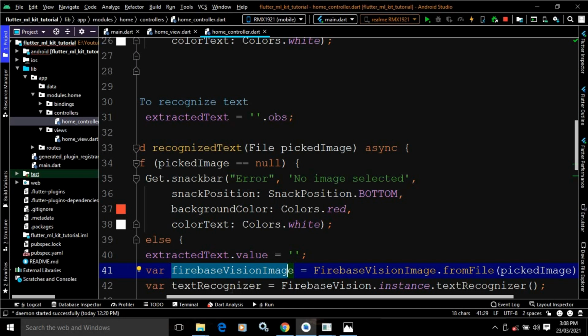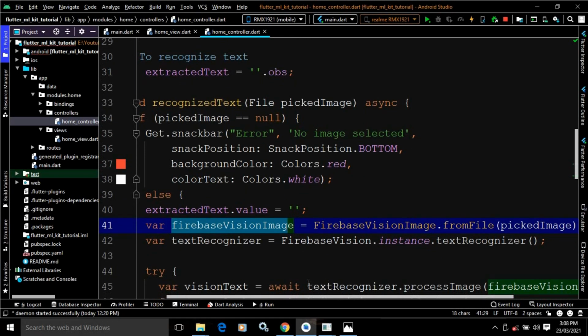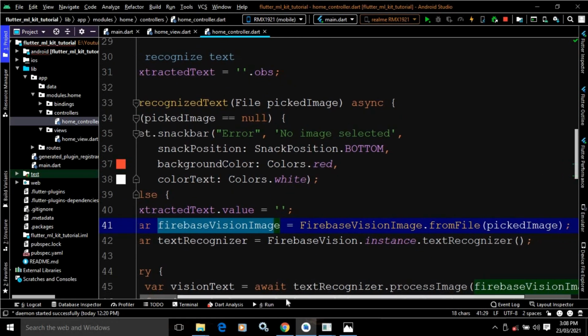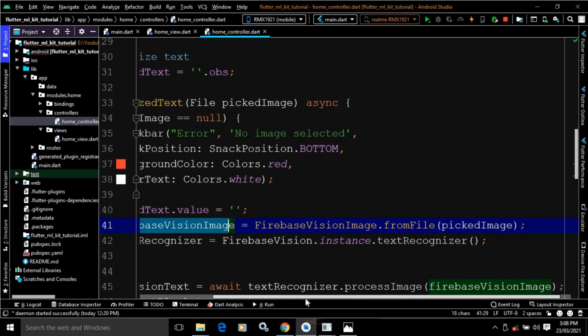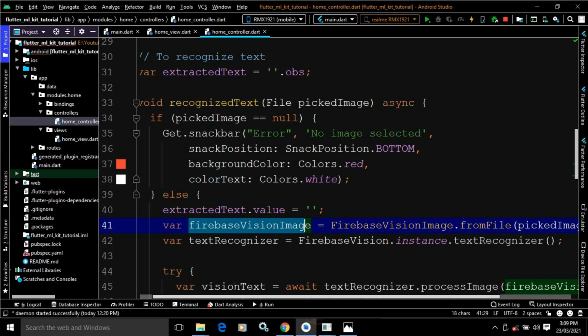After that, I have created the instance of the text recognizer class like this, Firebase Vision dot instance dot text recognizer. Okay. After that, inside the try block, I have written vision text equals await text recognizer dot process image. This means the image which we are selecting will be processed and the vision text will be stored here.